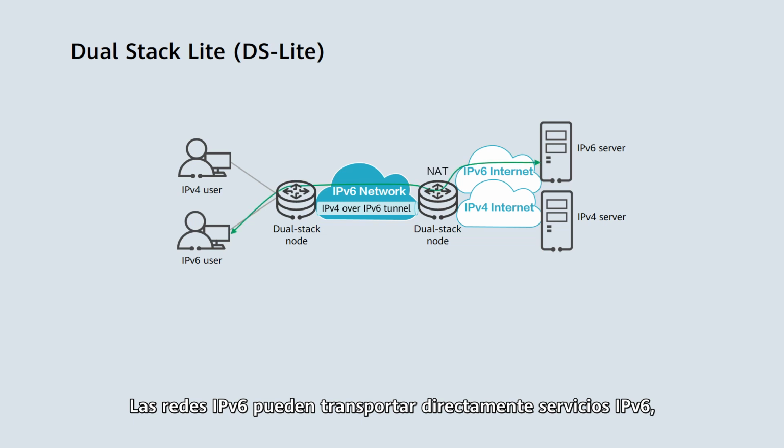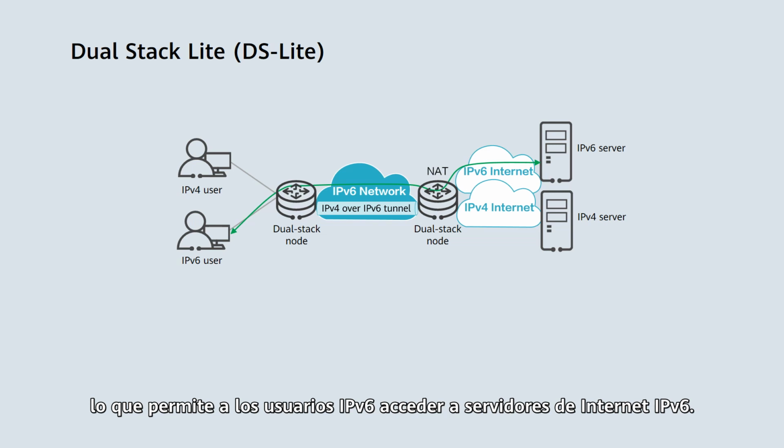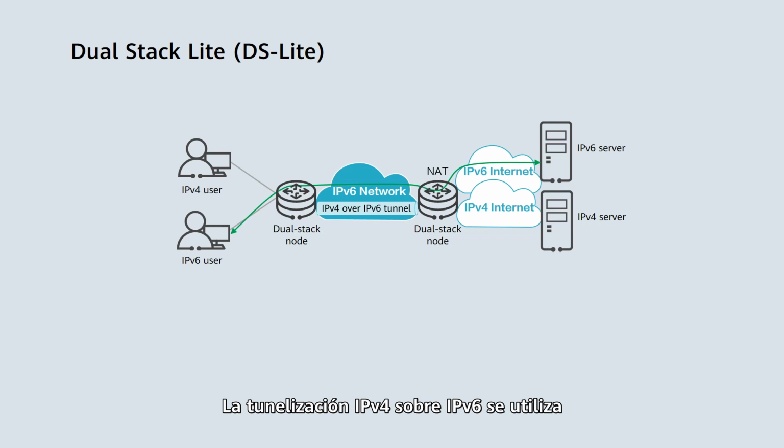IPv6 networks can directly carry IPv6 services, allowing IPv6 users to access IPv6 internet servers. IPv4 over IPv6 tunneling is used to carry IPv4 services on the IPv6 network, and NAT is performed on the CGN devices to translate between public and private network addresses, so that IPv4 users can traverse the IPv6 network to